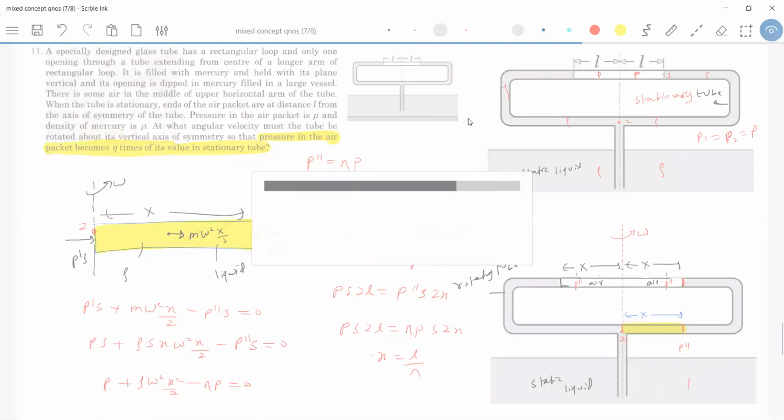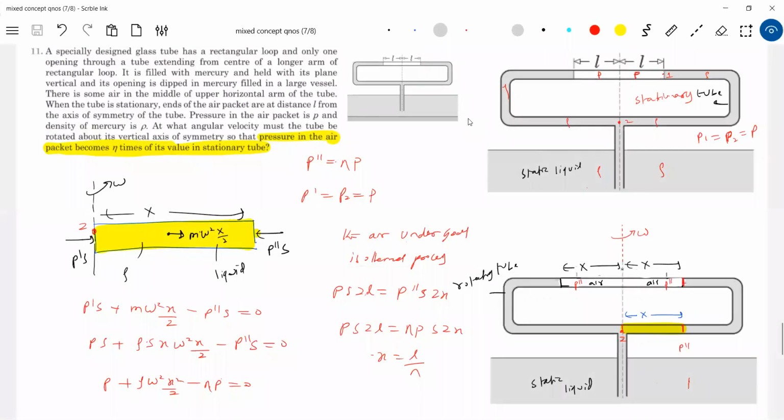This can be asked in advance, so you have to be a little alert. When a rotating column comes, only one column, okay. When two columns come, still the pressure at this point should be equal to this. And what about the pressure here? Because now it's air, don't think the pressure at all points on the axis should be equal to P only. This is air. Everywhere the pressure will be P double dash here. If I give the density of air also, then again the pressure will be different at different points. So we assume the density of air is negligible.